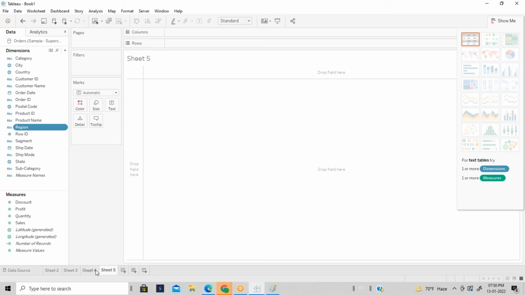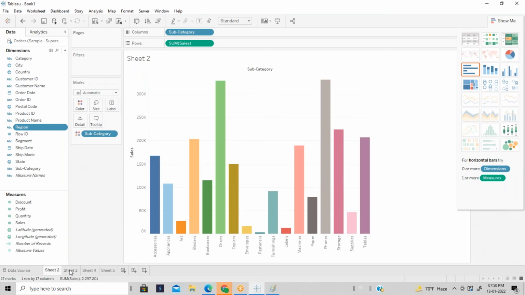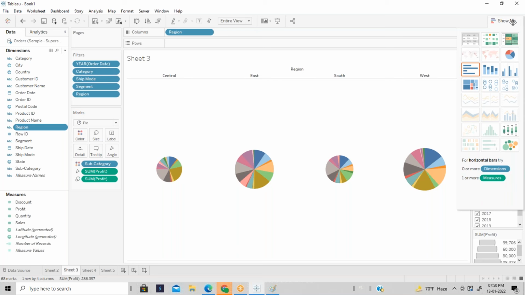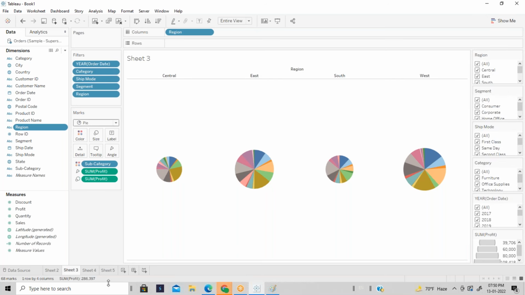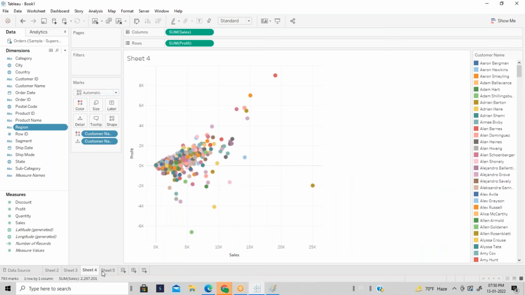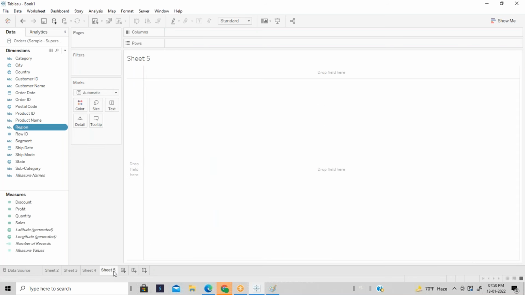So I'm just creating different reports here. Sheet 3, sheet 4. In sheet 3, I created the different filters. Sheet 4 doesn't have any filter. Sheet 5.